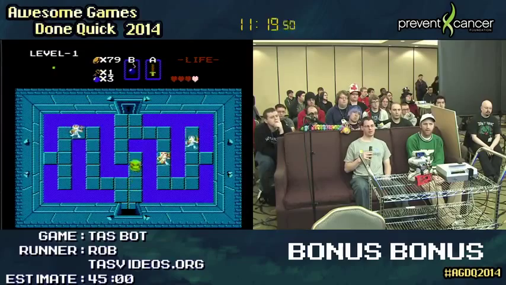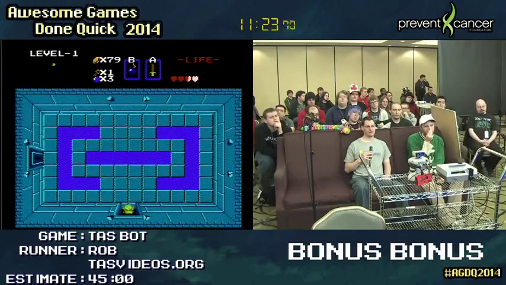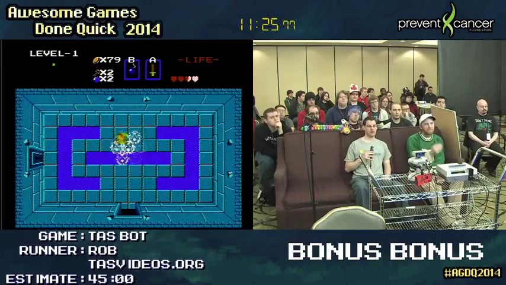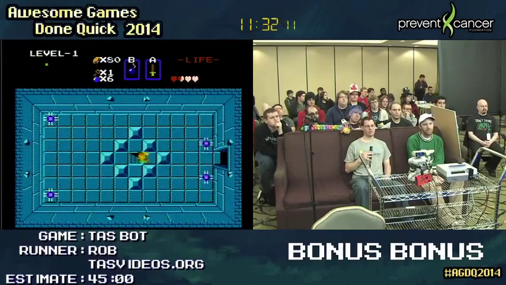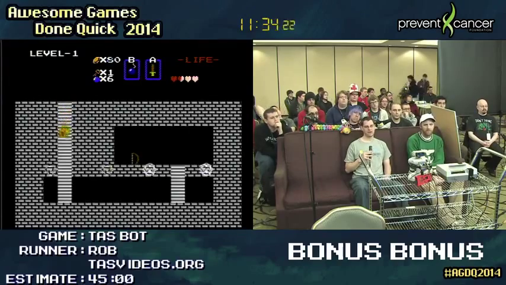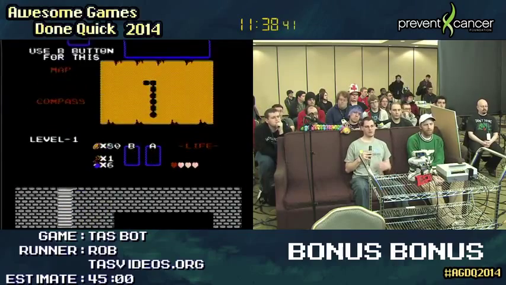BizHawk gives common tools such as memory search. One of the things that the TAS Videos community has contributed to real-time runners is finding memory addresses where certain values are stored to help people train for real-time runs. So we can use a search tool to look at certain states in memory and find, for instance, the value of the hit points of a boss,